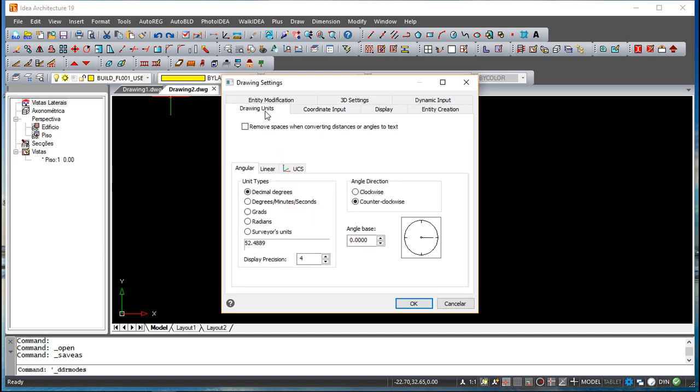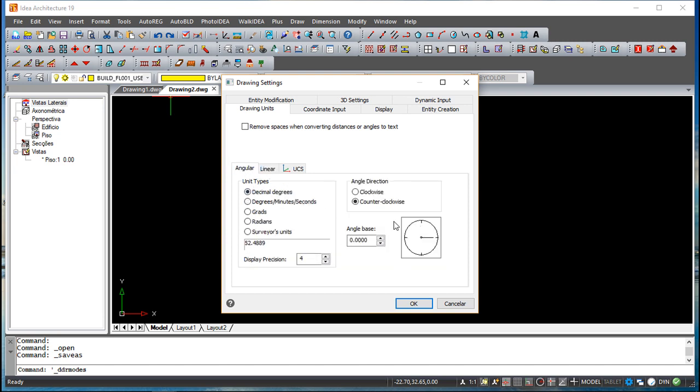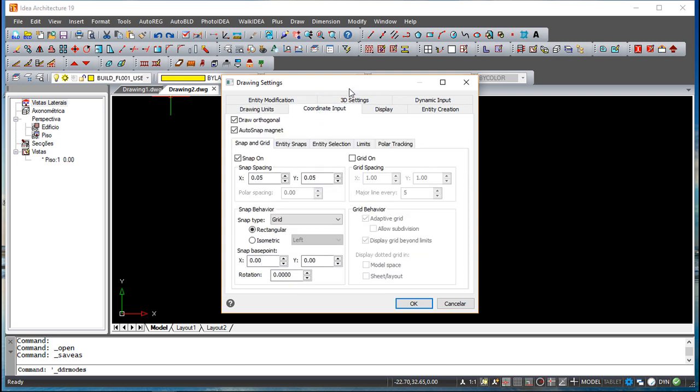Drawing units: we have options to define unit types for both angular and linear, with a couple more options in the particular case of angular, such as angle directions, where the angle base is, and so on. Coordinate input: we also have the definition of the snap and the grid, so you can turn them on or off and define the behavior for both snap and grid, because there are also interesting functions to create